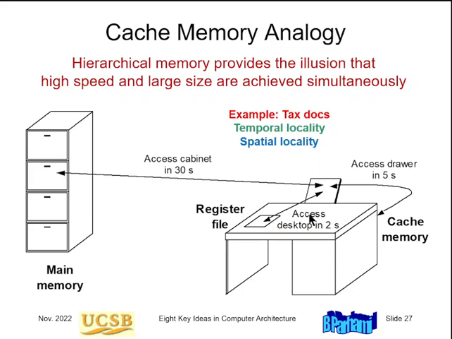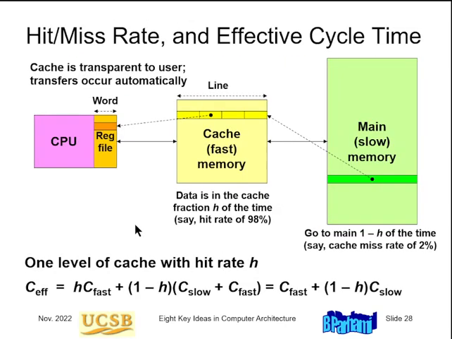So the average access time to a document is dictated mostly by this, because if 90% of the time what I need is here, then 90% of the time I pay only a delay of 2 seconds. And maybe of the remaining 10%, let's say 8% is here, I pay a little bit more. I suffer a little bit more delay. And only 2% of the time I have to pay this long delay to get the document. So the average access time is much closer to 2 seconds than to 30 seconds. So that's the idea of cache memory.